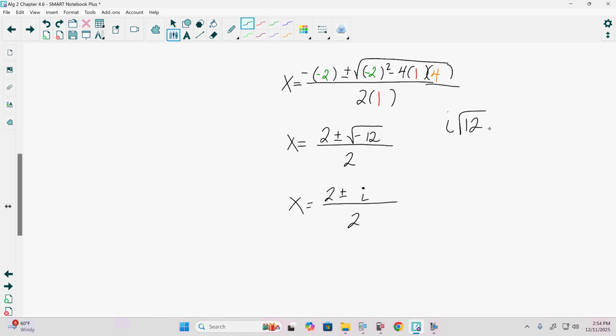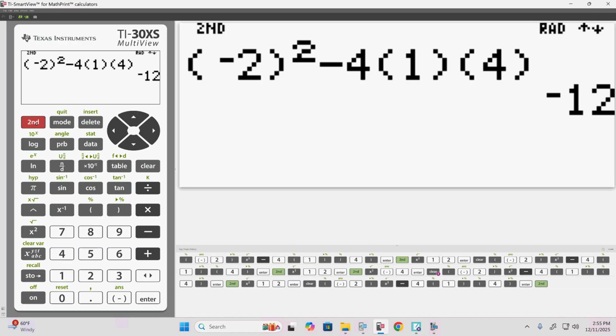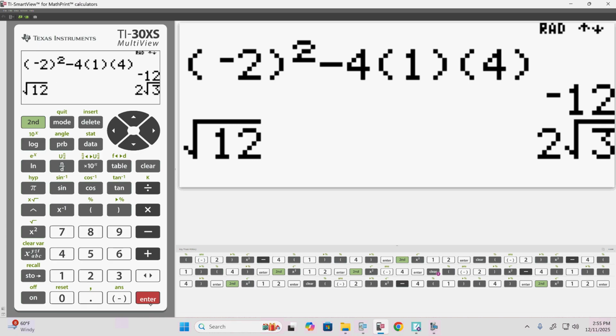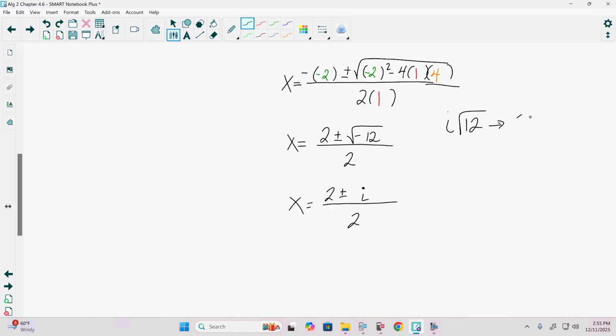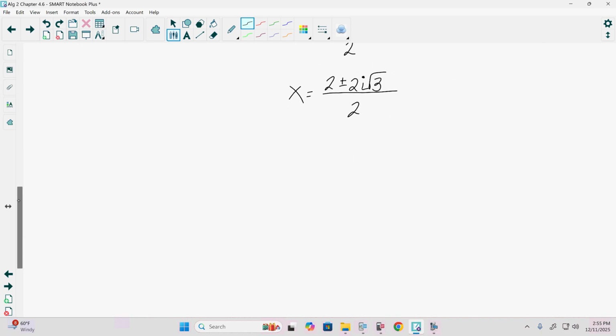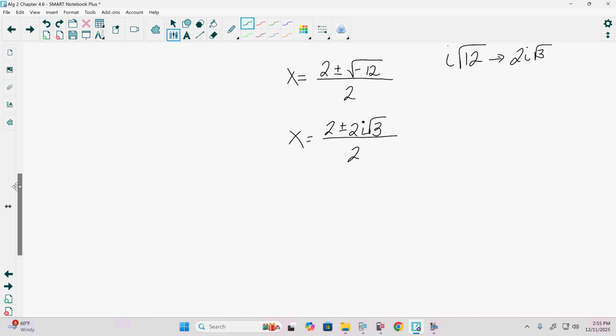Now at this point here, we're left with i square root of 12. So really, by taking that negative out as i, we can let the calculator do the rest. And the square root of 12 is 2 square roots of 3, telling us that the square root of negative 12 is 2i square root of 3. Now we can say that this is the final answer,